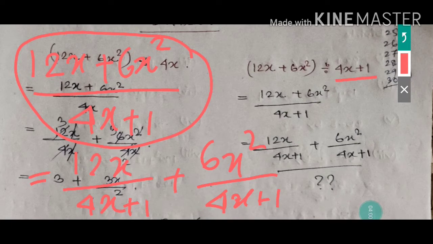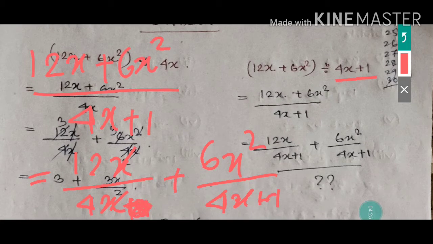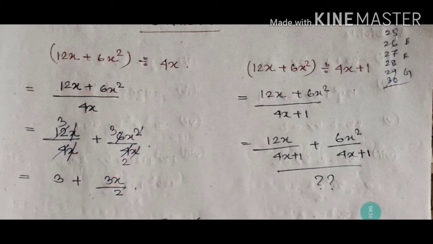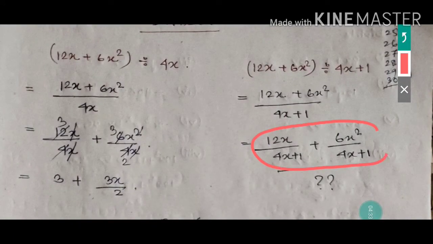That means we can write this expression like these expressions. After that, 12x by 4x plus 1, 6x square by 4x plus 1. But you cannot do the cancellation because addition is there. You cannot simply cut this x with this x. If a monomial term were given, if suppose this 1 is not there, then you can do the cancellations. But here the denominator is a binomial term. So even if you write it like this, if you split the numerator by the denominator, I need the simplified answer, and this is nothing but this only.